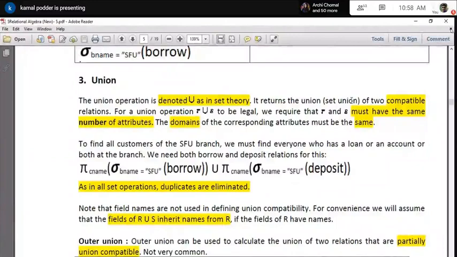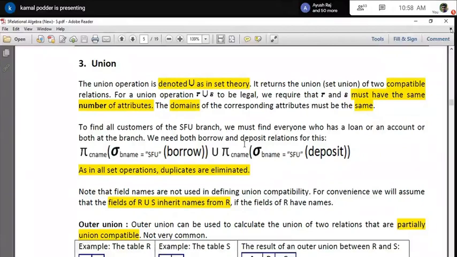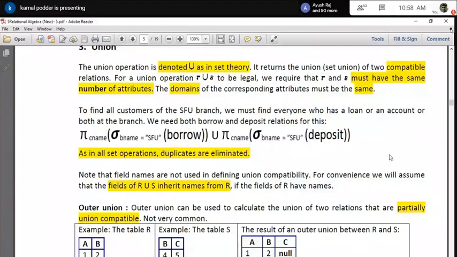Now let's see union. I will cover the union in SQL in the later part of our SQL class. Union, intersection, difference, everything I will cover in SQL in the later part. But here you see the relational thing. So union is denoted by this. Union means you know that there is one table, you want to add or append the records from another table. So I'm creating a result set.